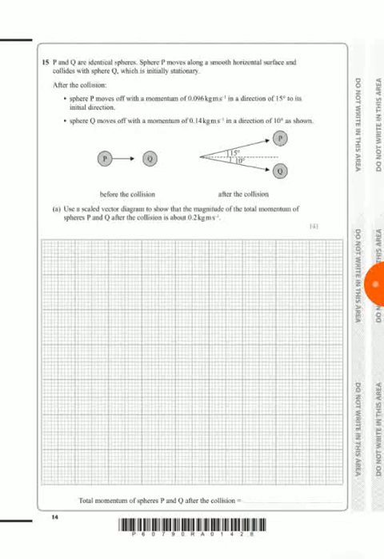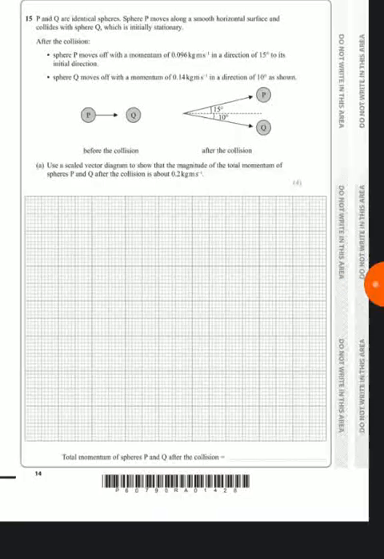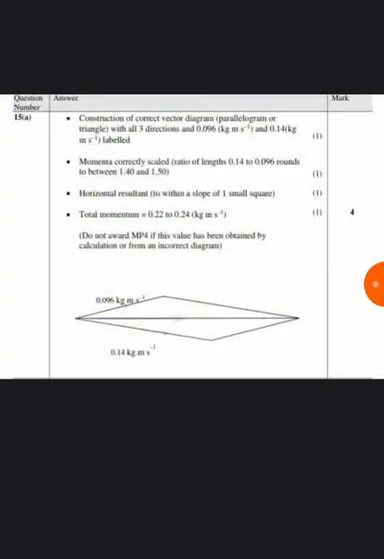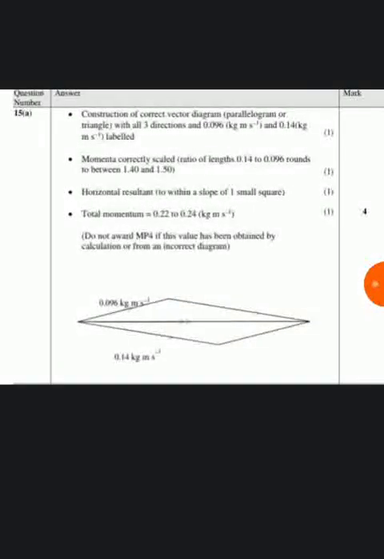So part A says, use a scaled vector diagram to show that the magnitude of the total momentum of spheres P and Q after the collision is about 0.2 kilogram meters per second. Okay, now here I have attached the marking scheme. So they have told us to draw a scaled vector diagram. The construction of a correct vector diagram, parallelogram or a triangle with all three directions and 0.096 and 0.14 labeled